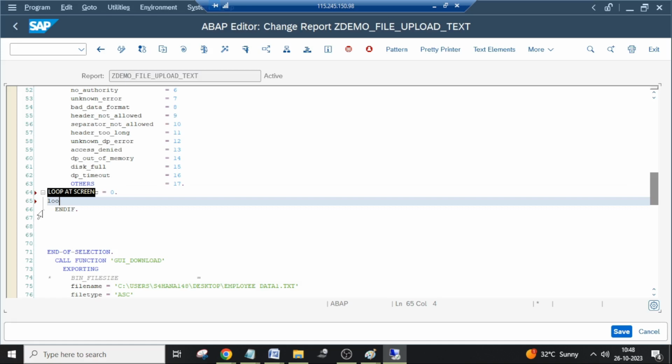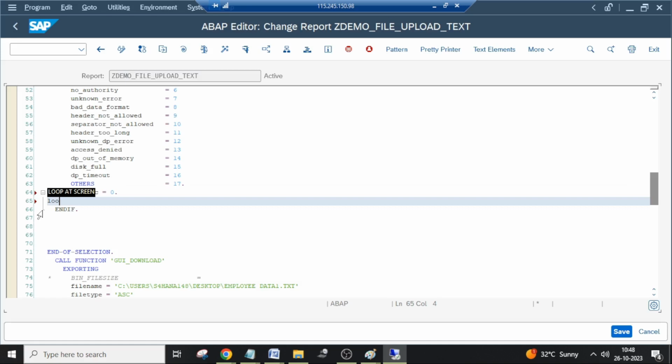Now we need to split that record into individual values, right? What is the statement we can use to split the data? Split. Split ls raw, what is the field name? Record, right? That is the field we have taken in the type structure. Data will be available in this record. Split ls record at which one? Where we need to split the field? Not LT data, but at the pipe separator. Wherever we find this separator, we should split. Split this record at this symbol, and place the values after splitting into ls underscore data